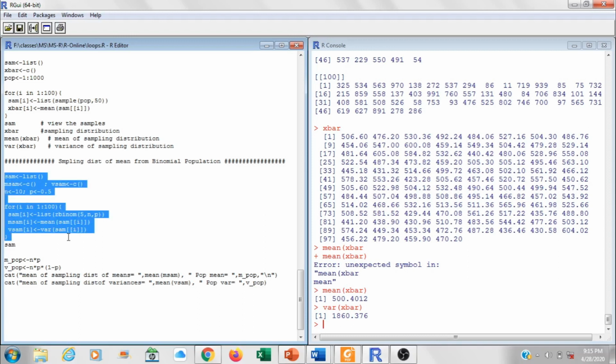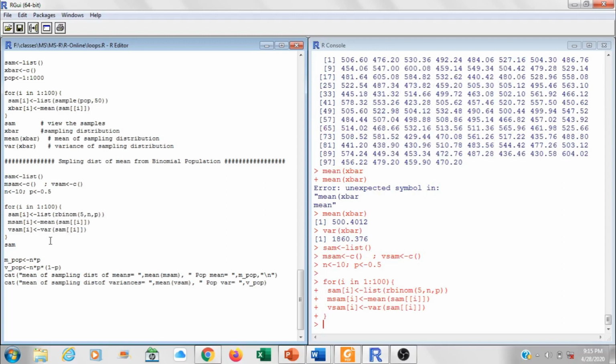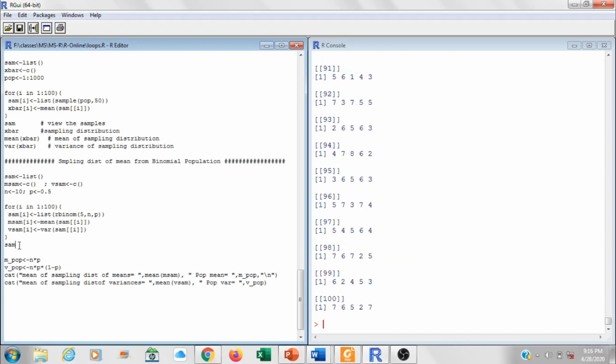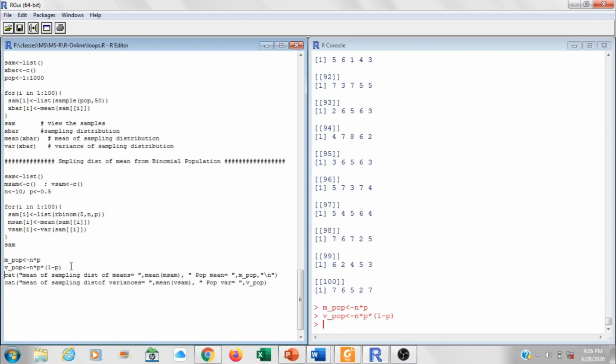Now run the code, Control R. If you want to see all 100 samples of size 5, I will type SAM, and as you can see, these are the 100 samples of size 5 each. Now if I want to find the population mean of the binomial distribution, np, and variance npq, let's execute it also.